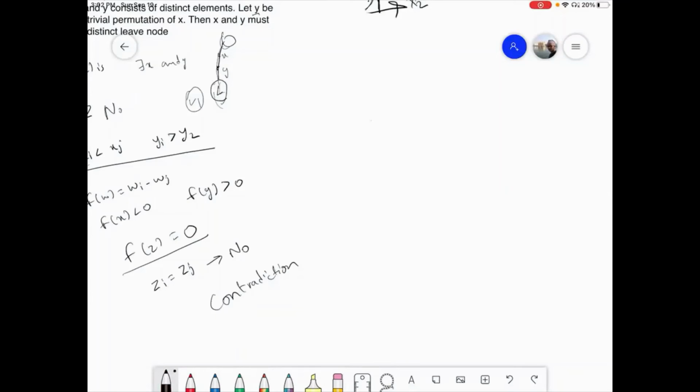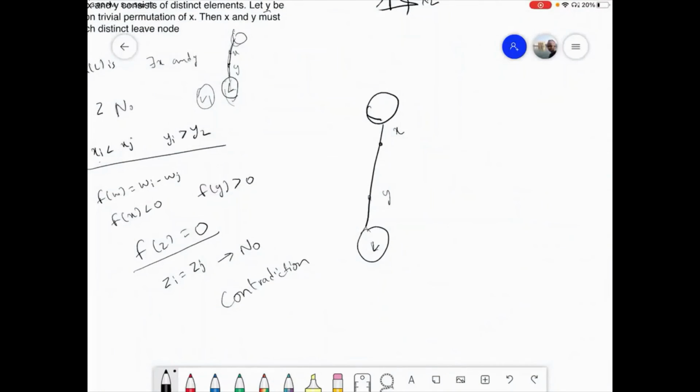This is the root node that we have here, and this is the path, and this is the leaf node that we are supposed to reach. So we assume that there exists a point x and also y on the same path, and both of these points lead us to L. But with the help of our contradiction, we got to know that there exists a point Z as well, but the answer is no. But the leaf node is actually supposed to give us an answer of yes.